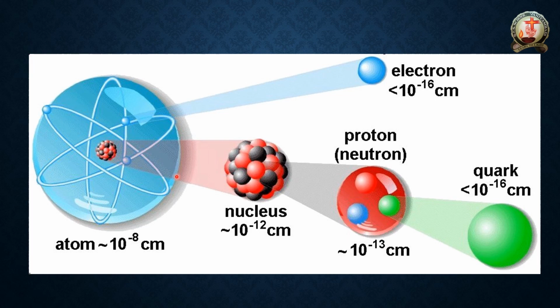Here the neutron doesn't have any charge, the proton has a positive charge and the electron has a negative charge. The electron revolves in a certain path, which is said to be an orbital.